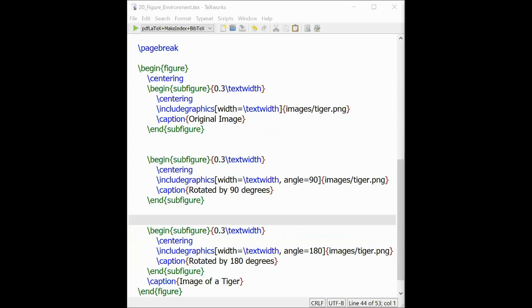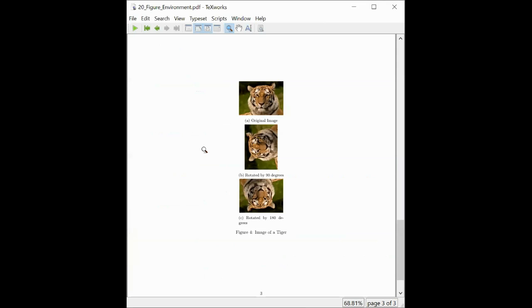So if you look into the output, now you see it is vertically aligned. If you just add a space between two subfigure environments, you can have this kind of arrangement. If the space is not there, you can have a horizontal arrangement. So this is how you can have multiple figures in a subfigure environment.